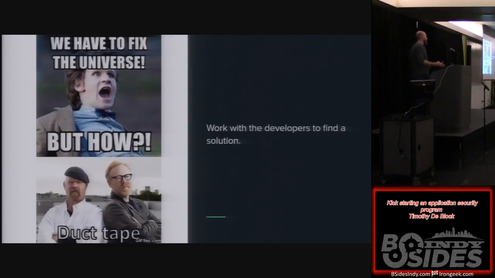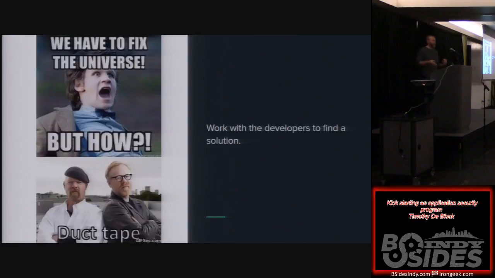If nothing else, demonstrate the vulnerability. I've found several times where I just showed them the cross-site scripting or the SQL injection. They thought it was cool, and then they ran off to go figure out what they needed to do to get it fixed. And if you both don't know how to fix it, you need to hop on Google and try to start researching how to help them to fix it.